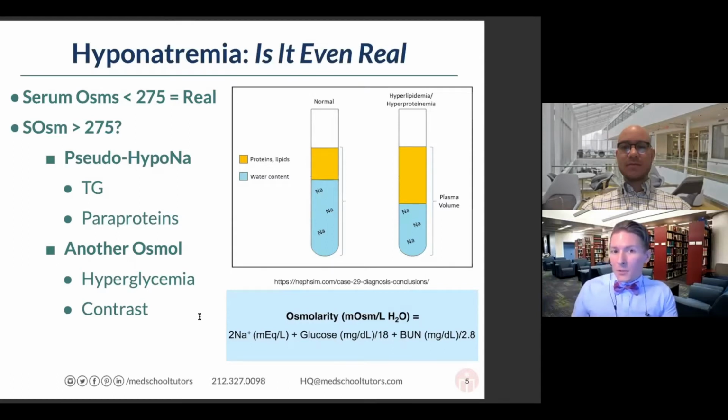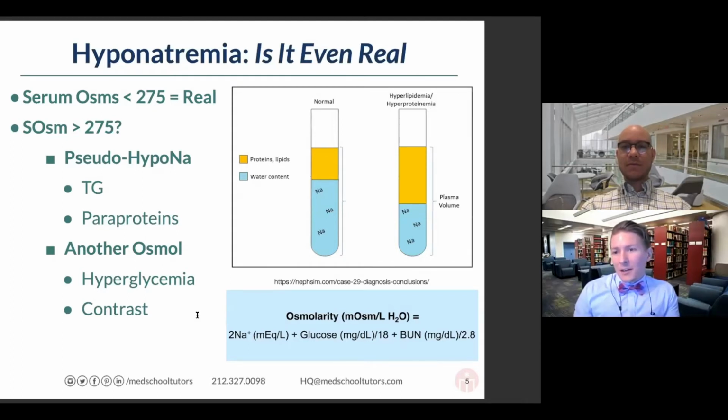So there are circumstances where we need to know that glucose and BUN can contribute to the osmolarity overall. But generally speaking, sodium is going to be the thing that's deriving our osmolarity for all patients. If anybody's curious as to why we're doing 2 times sodium, consider that sodium represents most of the positive charges in the blood. But we got a bunch of other negative charges too. But if sodium's paired with all the negative charges, then doing 2 times sodium really gives you all the positives and the negatives simultaneously. So sodium is an excellent marker for osmolarity, which is why Moses was saying, if your